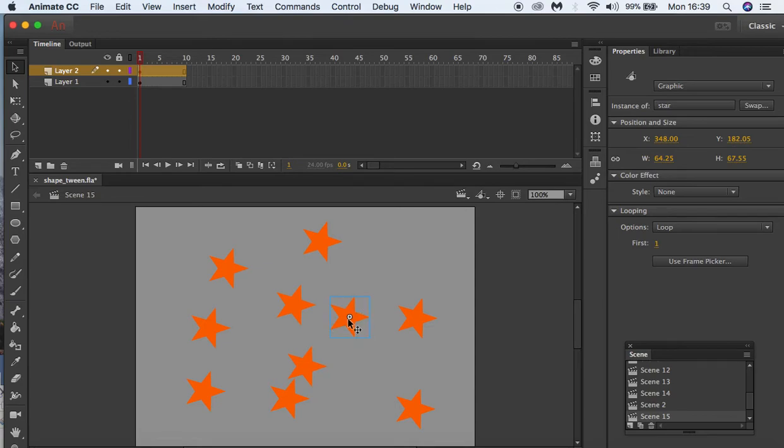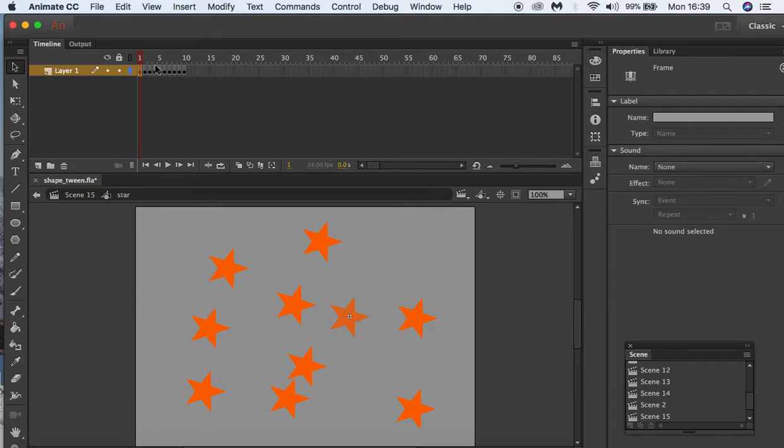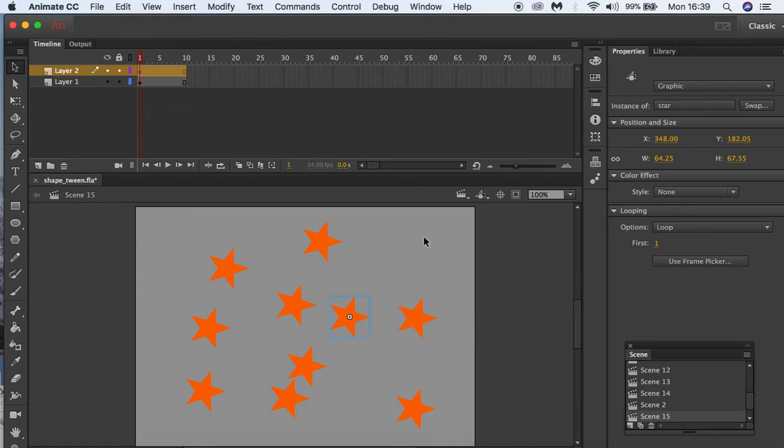If you remember, if we double click and go into symbol editing mode, the first frame was orange, the second frame was yellow, and the third frame was a deep red, and so forth. So if we go back to the main timeline, we're going to have this star start at number 1. I'm going to select this one, so we'll have this one at number 2, and if we select this one, this one starts at number 3,